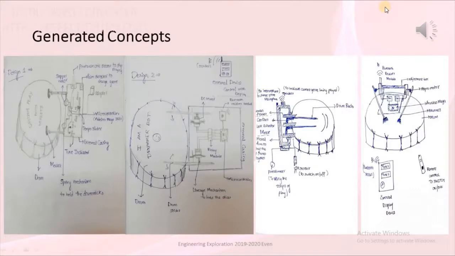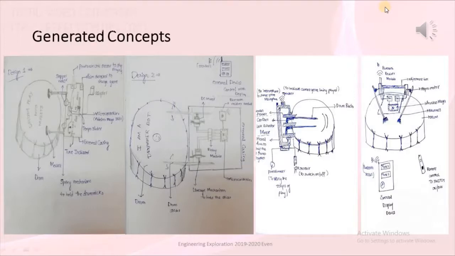And then there is a photoelectric sensor to stop playing. Just when the user gives a hand near the photoelectric sensor, the photoelectric sensor detects it and the tune is stopped. In the second design, it's a more compact design, and here we have a microcontroller connected to the DC